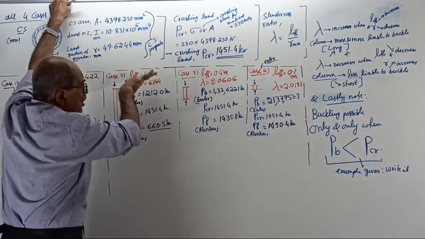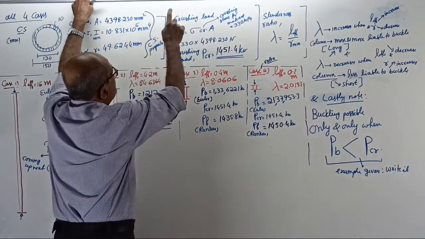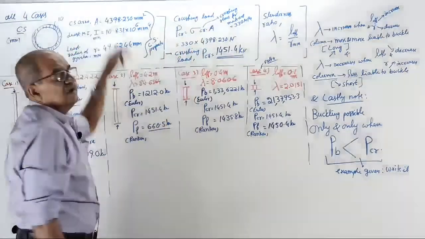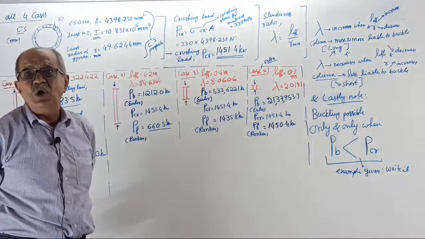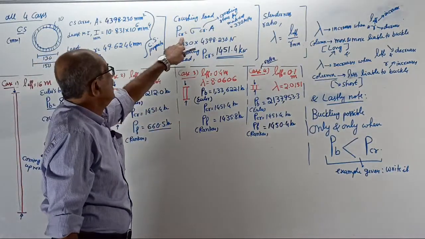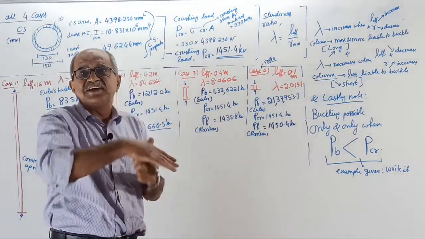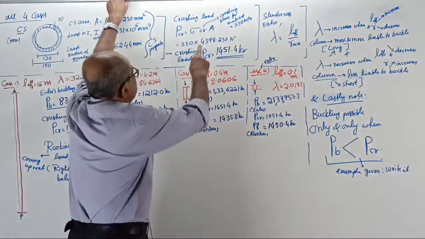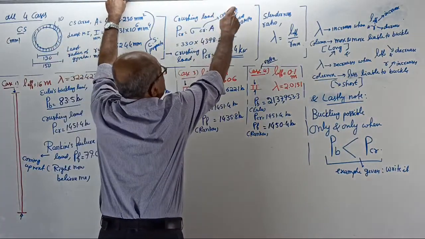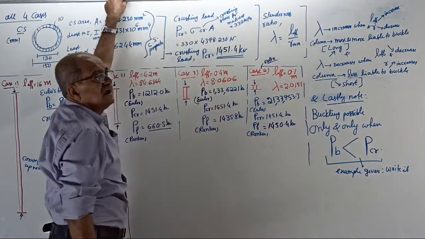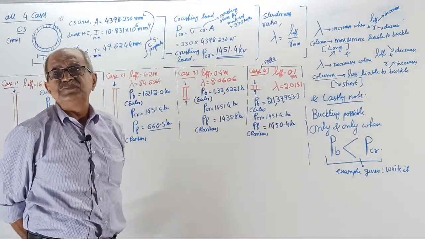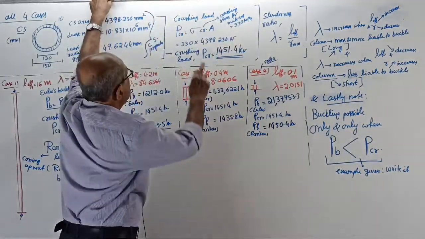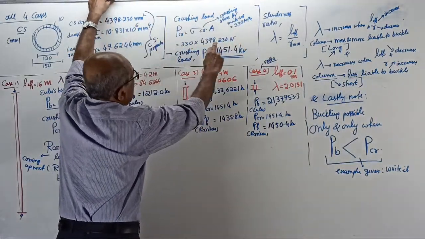Now, before you go to comparison, just make a note. Crushing load equal to crushing stress into area. This I told you earlier. You know at what load the column will crush. See, the column will get crushed. Crushing stress into area. Crushing stress is for the material. Remember, crushing stress is for the material. It is given 330 MPa. So 330 into area will give